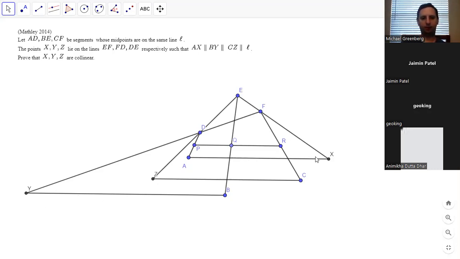Because showing these are collinear, basically all three of these parallel lines, they're like lines through a point at infinity, right? So we're basically